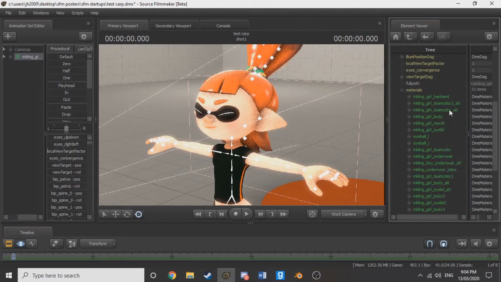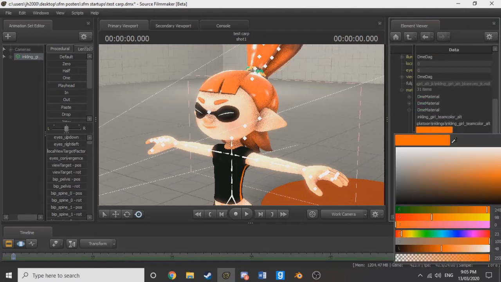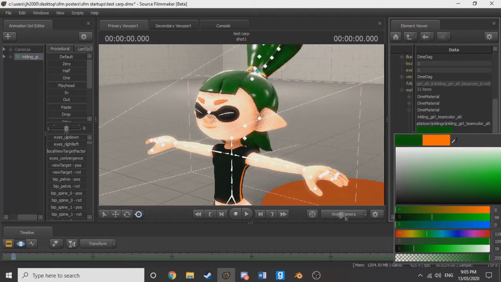Now we've got that, we've got it all set. Now it does have these things here. This is all for if you're changing body textures, but that's another thing I won't talk about. But to change eyes, it's simply go into this and right click, add attribute, string, and then